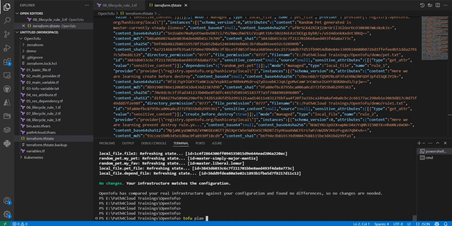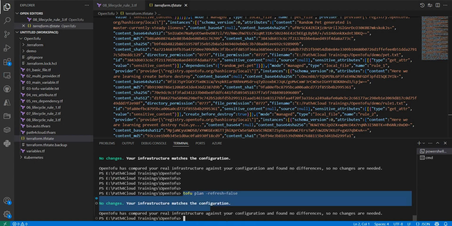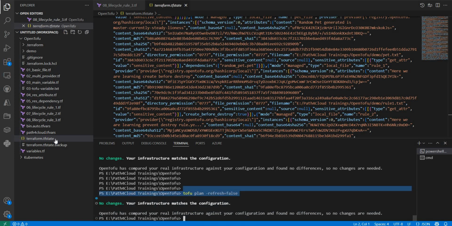Let me show you. There is a flag called refresh equal to false, which is true by default, right? So here you can see that it never went to my state file. It directly mentioned no changes because it is just reading your configuration file. It is not refreshing. But this is not something that is recommended because it might create an inconsistency across your infra, right? So whenever you are using it in a test and development environment, or if you are doing some testing or learning, then it is beneficial to put refresh false